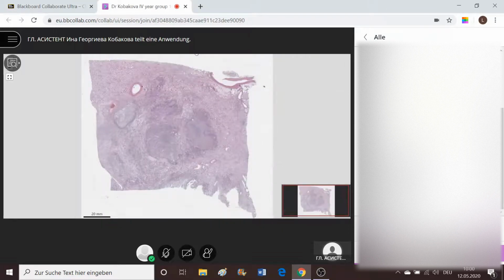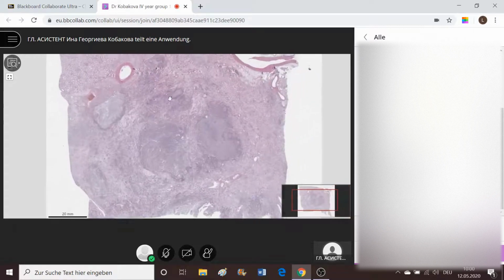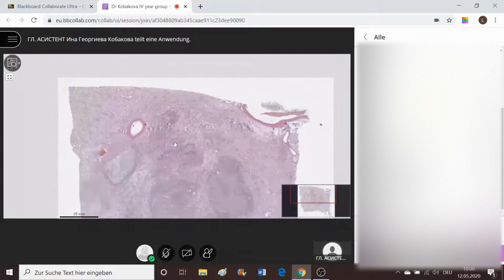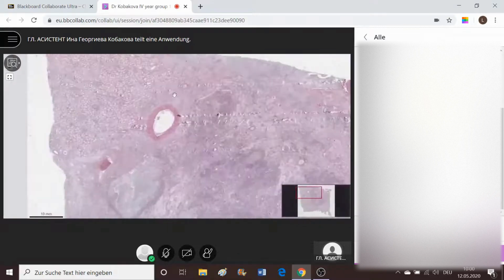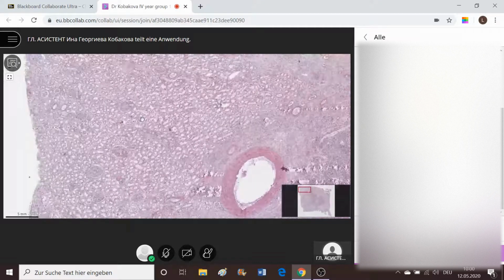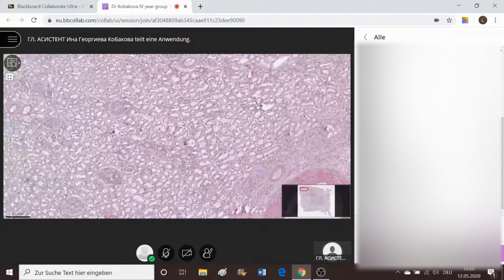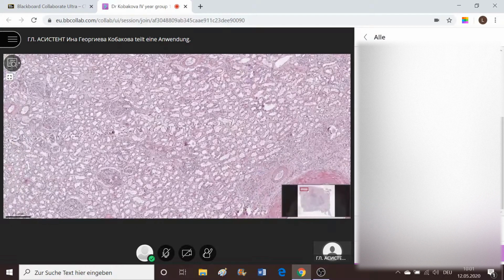Since you can see it already, what is this organ first? We see tubules at the periphery of the slide. We see lots of glomeruli. Some of these with hyalinization. Kidney, yes, thank you. And we should describe the changes side by side and step by step depending on the